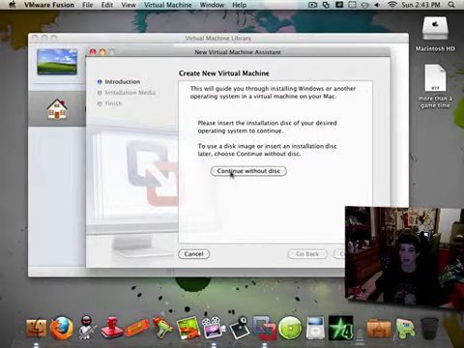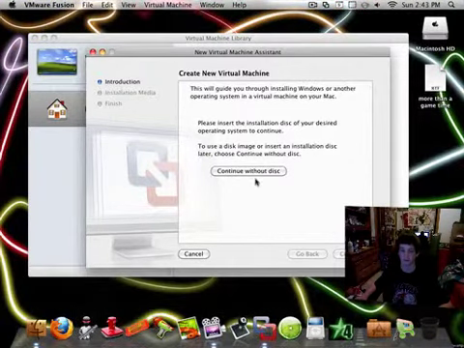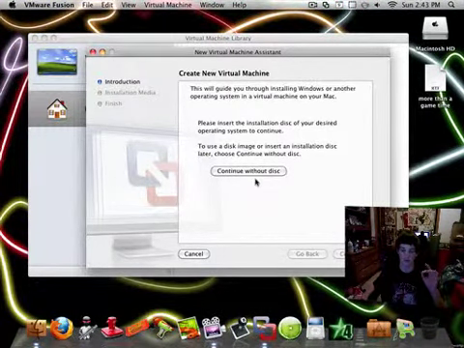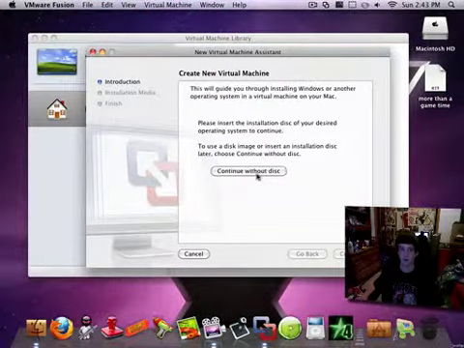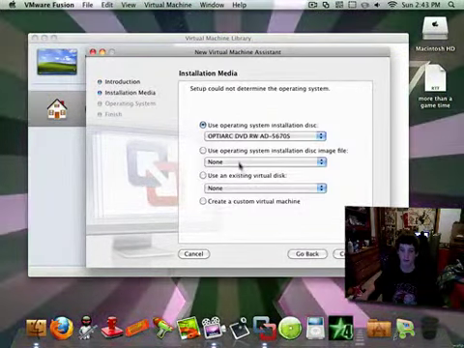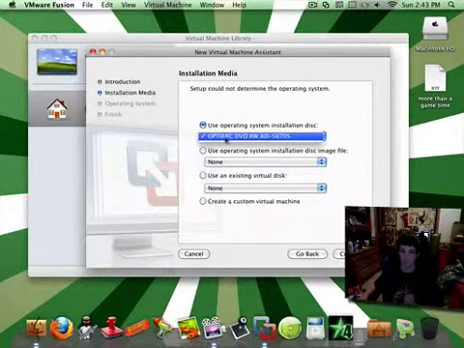If you have it as a .iso image, click continue without disk. But if you have it as an installation disk, you can just put it into your SuperDrive, which is the disk drive on a Mac. I'm going to click continue with that disk, and if you have a disk in there, which I do not, maybe I do,